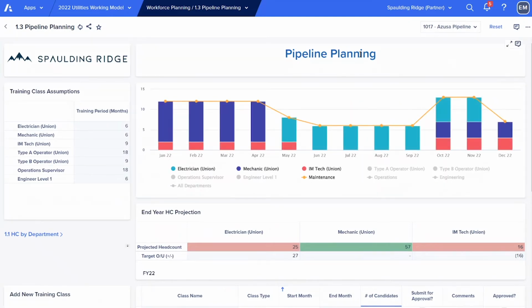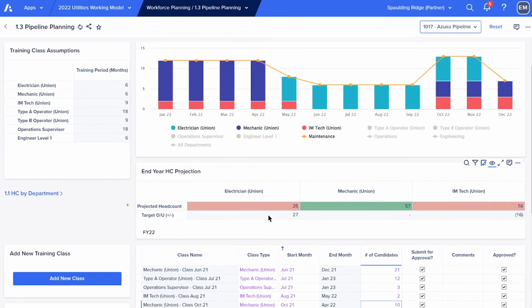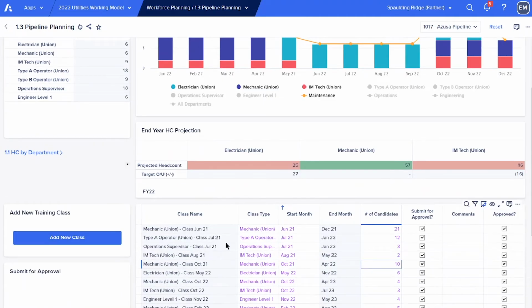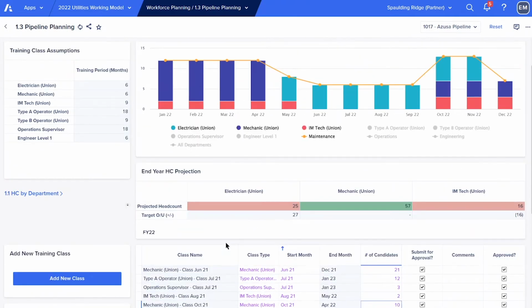So I want to specifically have us look at our maintenance department. All right, so our maintenance department is going to be able to put in, so this is our maintenance director, our leader of our maintenance department. He or she is going to be able to come in and put in new classes of people until they're able to right size and right shape their organization.